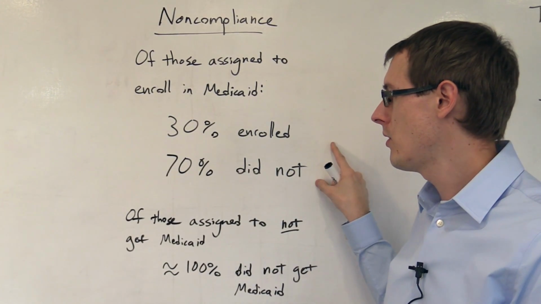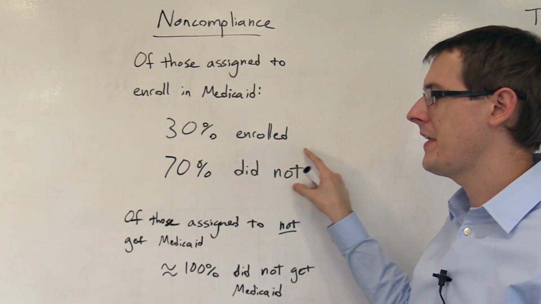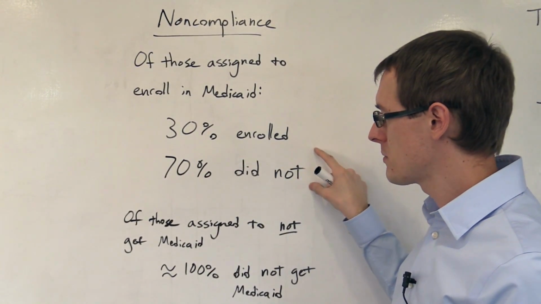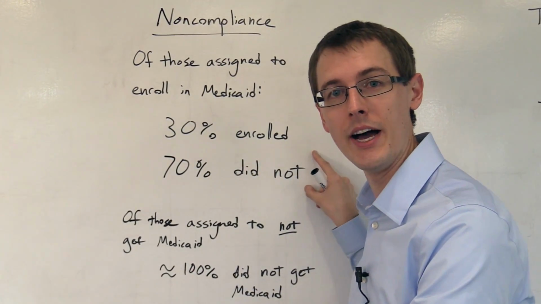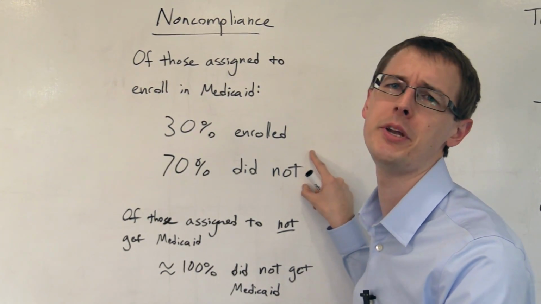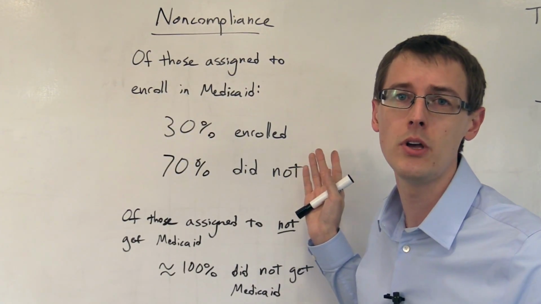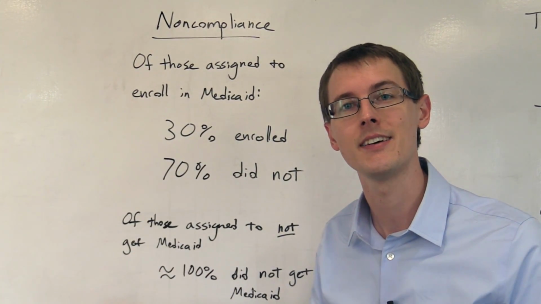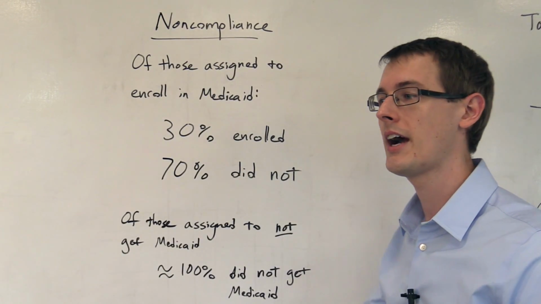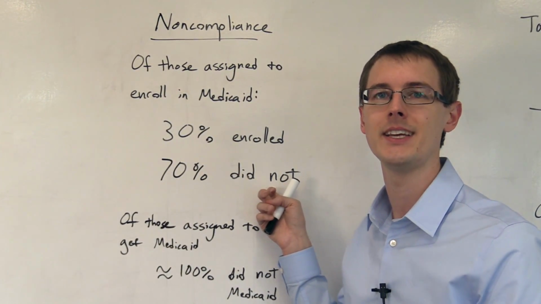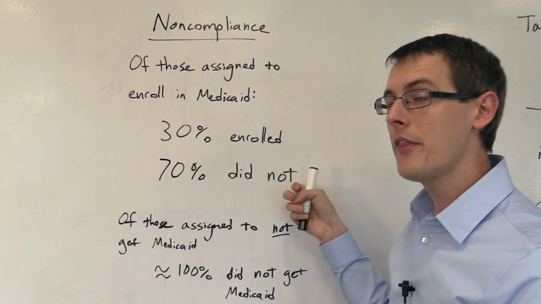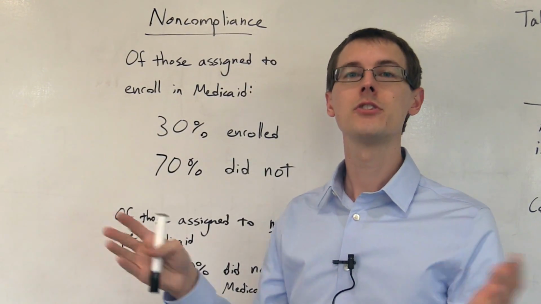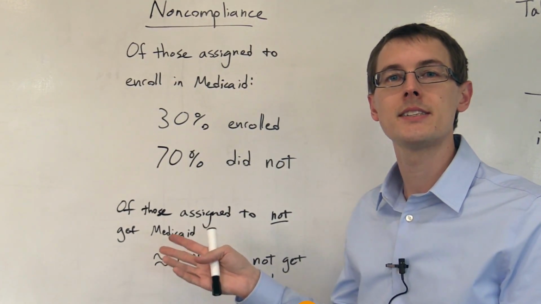So it's possible that they could all be at the extremes of whatever our outcome variable is. So we're going to look at depression. It's possible that if these guys had actually complied and got Medicaid, all of them would be depressed. Okay? It's possible. We don't know because they didn't actually get Medicaid, so we don't see it in our data. That's a counterfactual. The counterfactual that they do get Medicaid. Okay? It didn't happen. Another extreme is that when they all get Medicaid, none of them are depressed. They're all super happy. We don't know which one of these is the case.